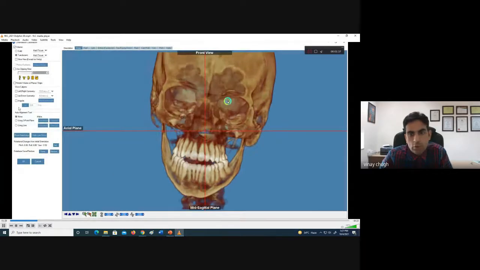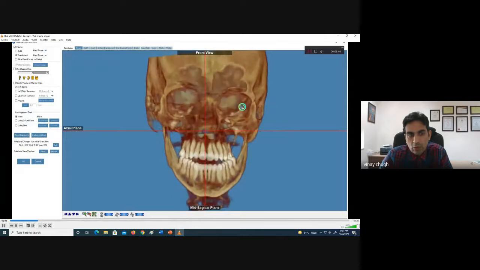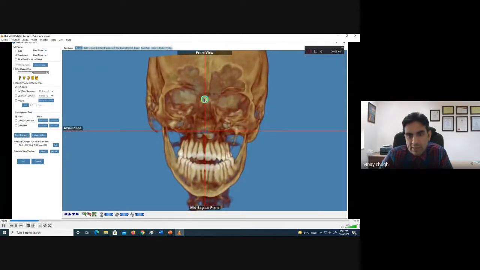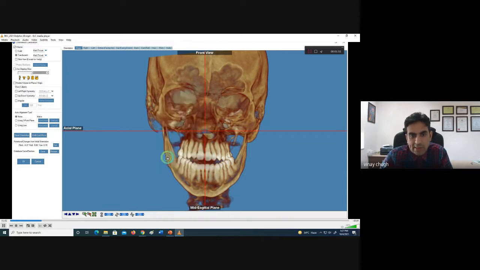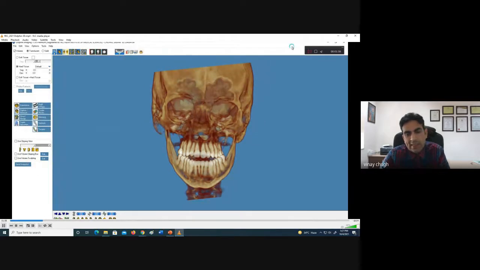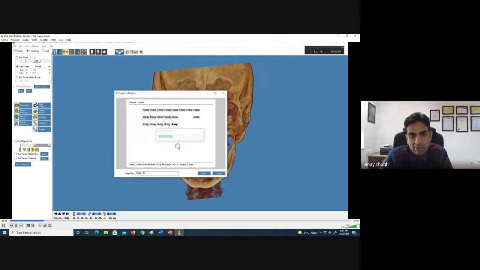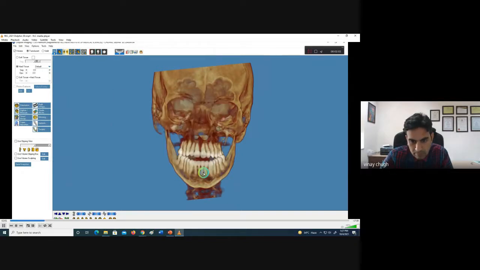First step is to orient it. So we have to orient it on the axial plane and the mid sagittal plane, the midlines to be matched, and according to the Frankfort plane, and we draw a vertical line and then the axial plane. And then we just select the orientation and we save this orientation. So the first step is, like in 2D it was calibration, it is also one sort of calibration in 3D planning. So then we will save this image